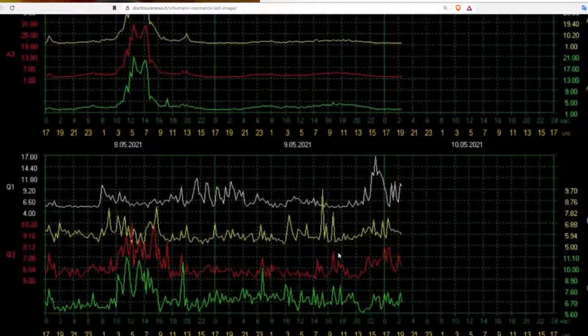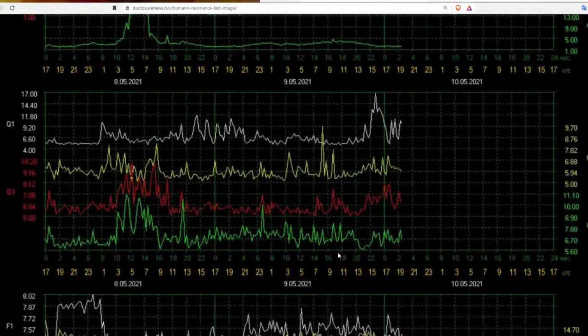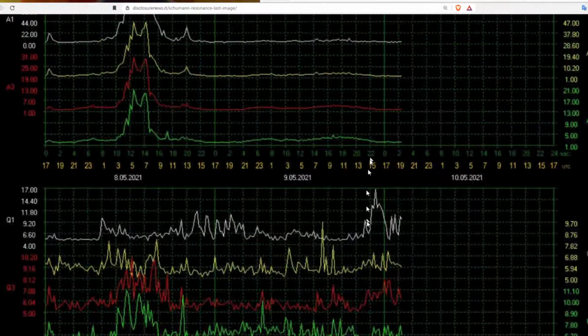It's all down here in the magnetics and the frequency. And today is one of those great days to show you what is happening with the Schumann resonances without the influence of white mode amplitude spikes in there. Okay, so I want to point out that today there's been a relatively